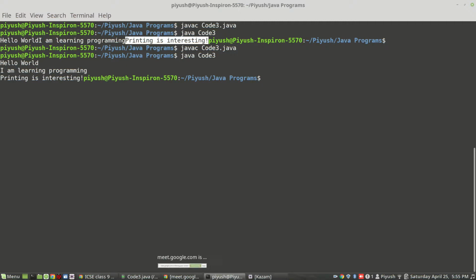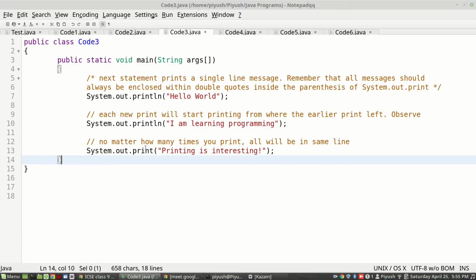Now I'll explain two things here. I have used both the things here. If you can see in the program, in two places I have used ln, and in one place I have not used ln. So how will the output come? system.out.println will print whatever is placed inside its parentheses, whatever is enclosed within the double quotes, as a message on the screen.